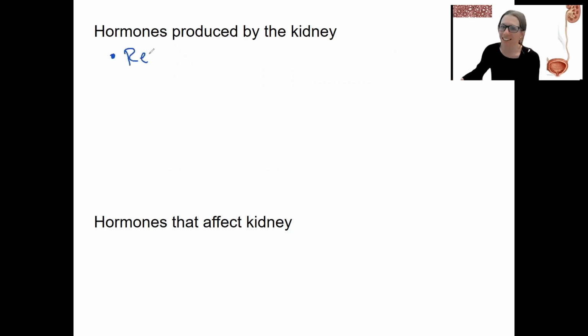Well, we've got renin, you know that, right? Produced by the granular cells. We've talked about this already. This is going to stimulate aldosterone via angiotensin, our RAS system. So renin is produced in the kidneys. We've got